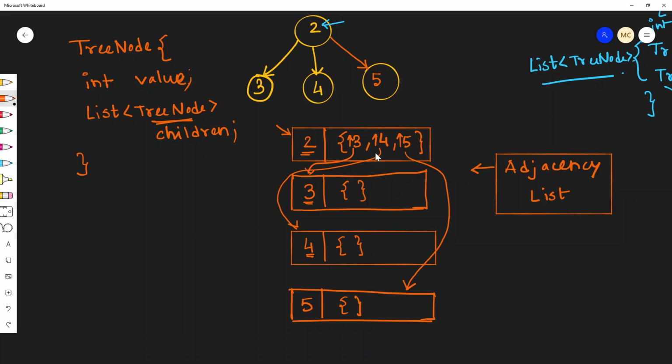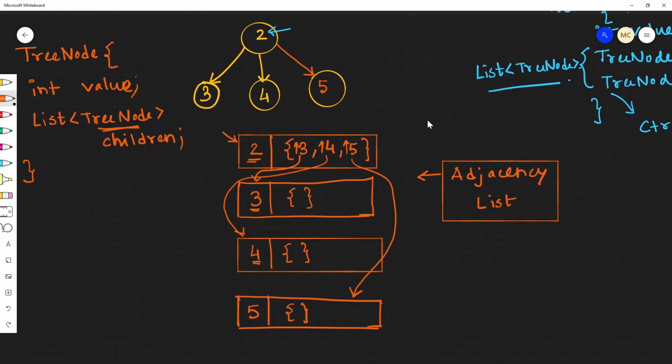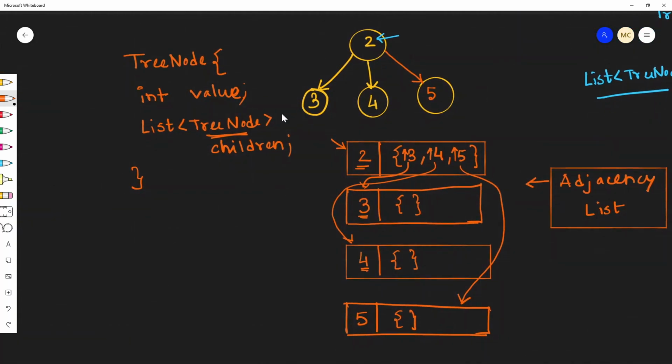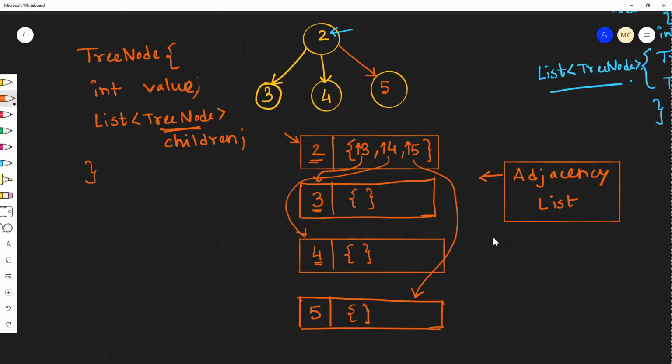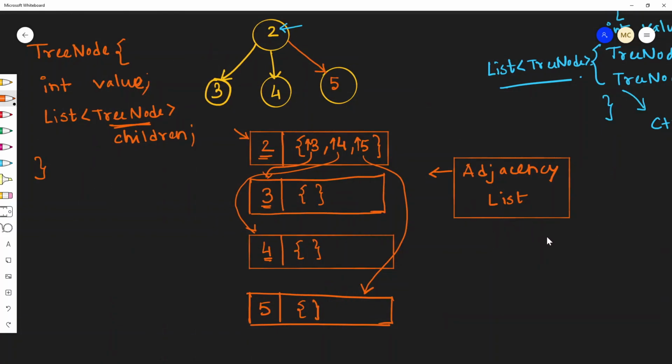So now we can see how, starting from a binary tree representation, we have changed our representation of a tree to an adjacency list representation. And this representation can be used to showcase a graph data structure. The good point about this data structure is it can also support cycles. So this data set is a valid tree data set,